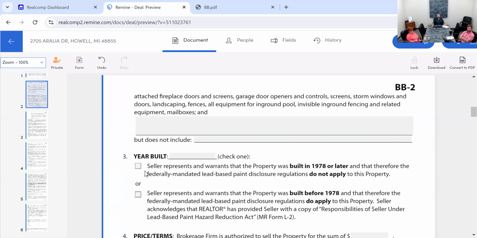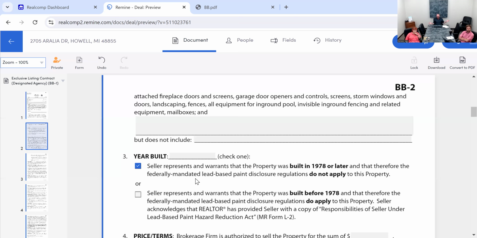All right, thank you. All right, so the year built, if you know the year built, you can put it in here. You can check one of these boxes. And yes, for those that are newer, 1978 or later, we check this box. And what's nice is, apparently, according to Bill on Tuesday, we no longer have to get the lead-based paint disclosure signed,